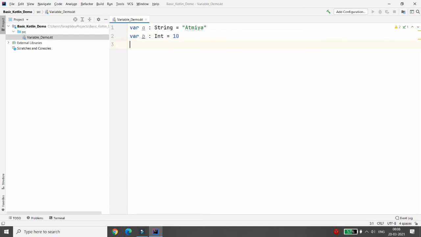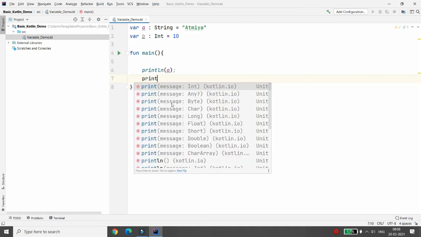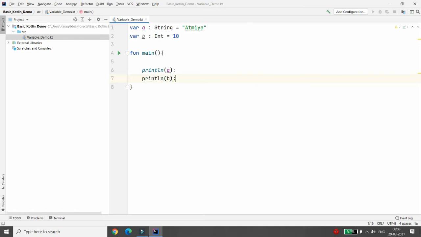Now, suppose I want to access these two variables, then you can write your function, that is function main. Here inside the function main, you can simply print the value of your variable, for example a, and I want to print the value of b. So you can click on run, and then click on run again.